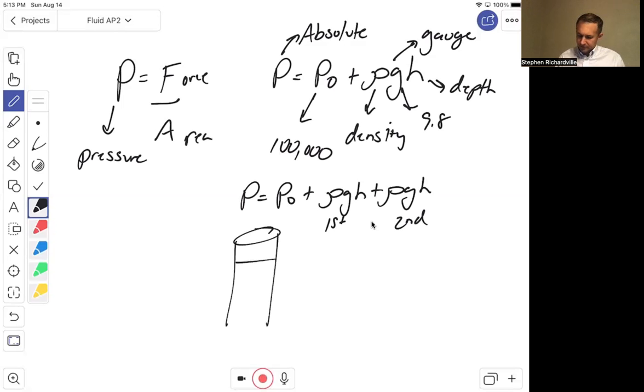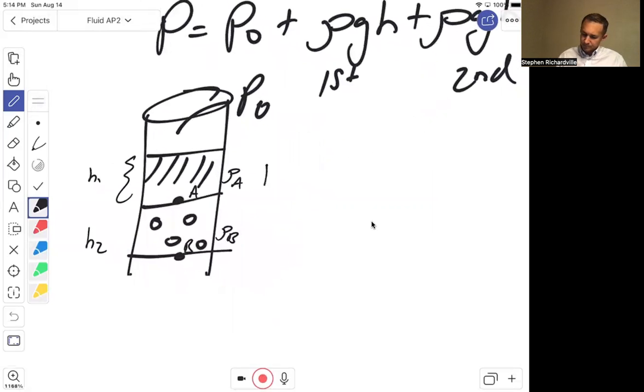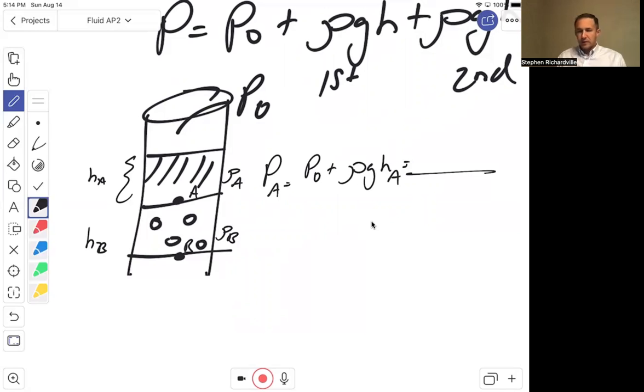If you had a fluid like this, say it's open to the atmosphere up here, so that'd be P naught. What would be the pressure within this fluid and the pressure inside this fluid? So what about pressure at A or pressure at B, given this is the density of A and this is the density of B? We'll call the heights H1 and H2, or HA and HB. My pressure at A, absolute pressure, would be P naught plus rho g h of A, and that's it. The height of A in meters, so if it's 20 centimeters, 0.2,